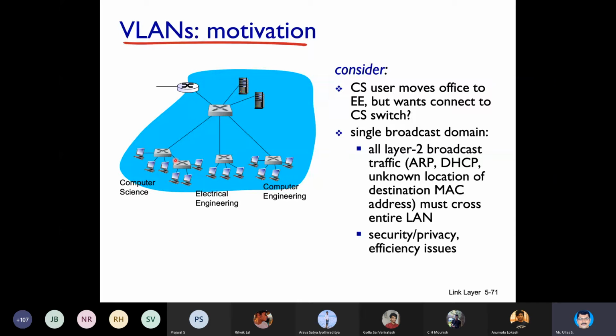So if a broadcast happens in the Cisco lab, it will not go to the ECE lab. So I'm dividing a bigger network into smaller ones. The requirements that electrical students have, their software requirements and their server requirements, everything is different. So they can be given different privileges than what I have given.